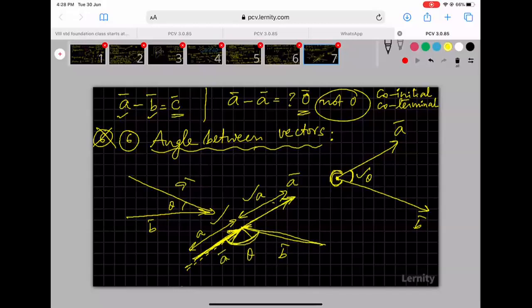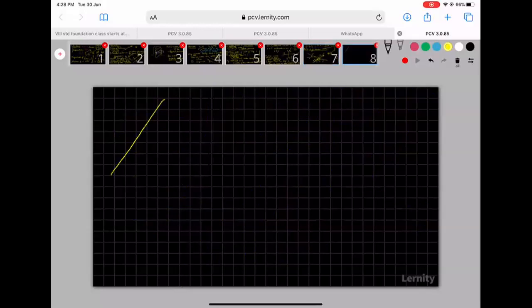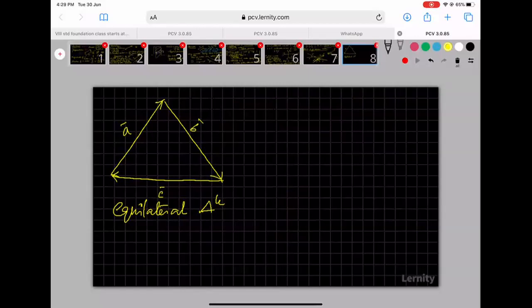For example, let us say this is a nice equilateral triangle. This side is called A bar, say in this direction. This side is called B bar, say in this direction. This side is called C bar, say in this direction. I cannot call them A bar, A bar, A bar, right? They may all be of same length, they may all be of same magnitude, but they are all pointing in different directions. So they are not equal vectors. So clearly I cannot give them same names. Remember that. What I just know is that magnitude of A bar is equal to magnitude of B bar is equal to magnitude of C bar. That's all I know.